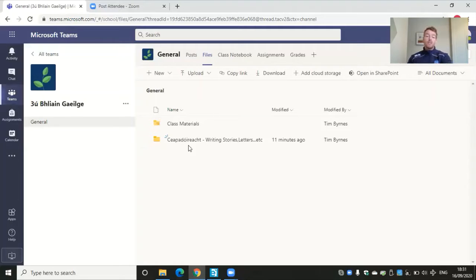So this one that I've created is Capadóireacht, writing, so stories, letters, etc. As I said yesterday, a big part of the written paper 1 and 2, both have written elements to it, and we need to start shaping up on those ones. We haven't done that much yet. So if you click into Capadóireacht,